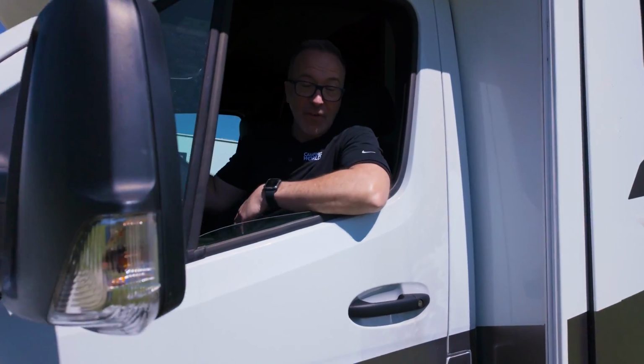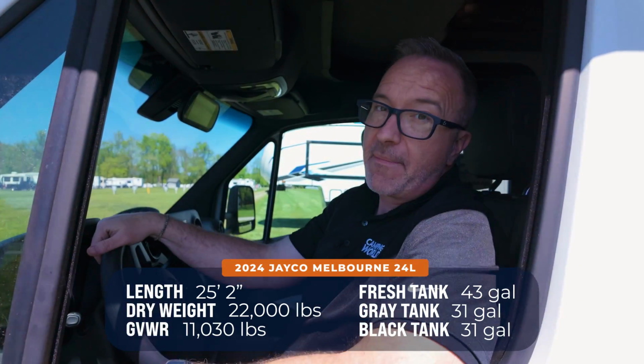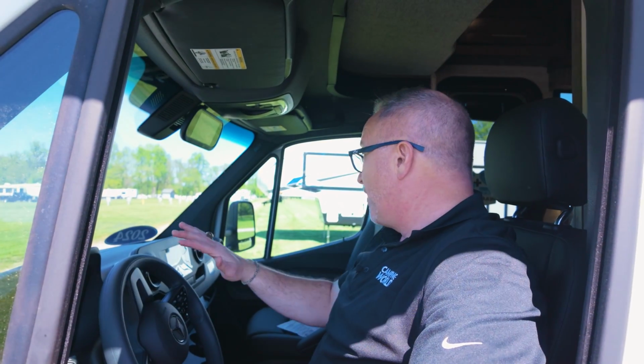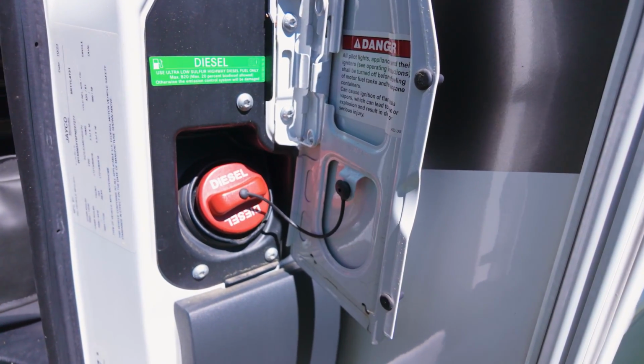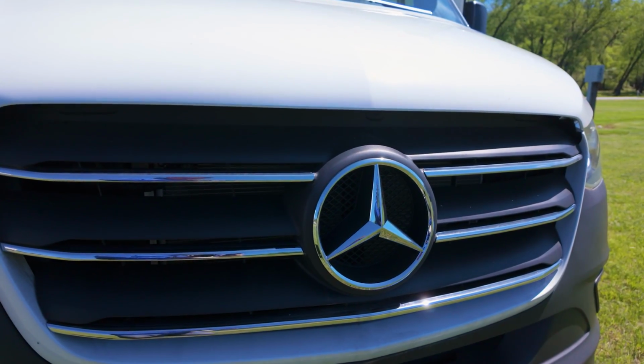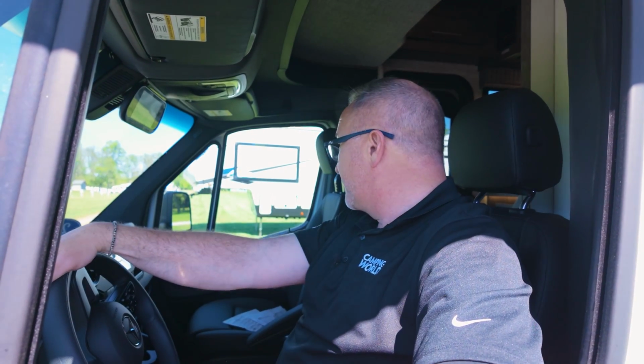So, hopefully you enjoyed this tour of the Jayco Melbourne 24L. 25 feet, 2 inches. If you did like it, you want to pick it up, come to your local Camping World or rv.campingworld.com. But I got to tell you, for everything that it has, it's a diesel chassis. It's a Mercedes diesel chassis. Awesome space for the active couple, the small family, the grandparents, people that just want to go see the family, and all your entertainment options. Unless you got a big family or you need separation of space, I would put this coach at the top